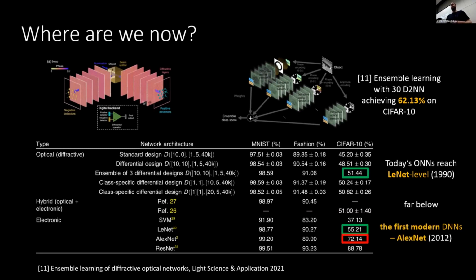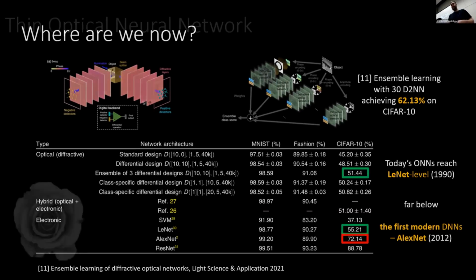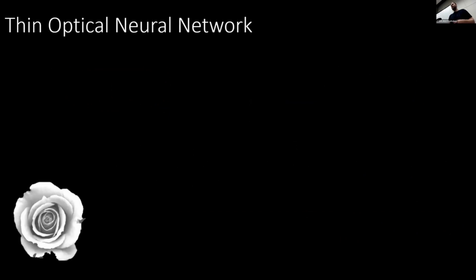Meanwhile, we're still 15% off in terms of CIFAR, which is also a traditional metric that the computer vision community has long passed. We're 15% worse than AlexNet, which is sort of like the very first modern neural network. Okay, so we asked ourselves, now we have this array design, so can we cram some of the computation